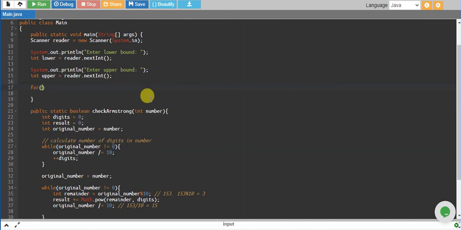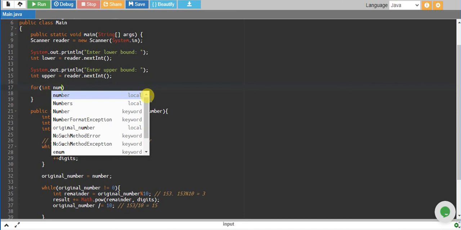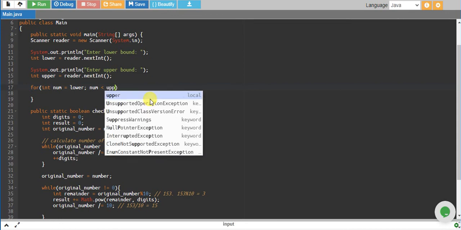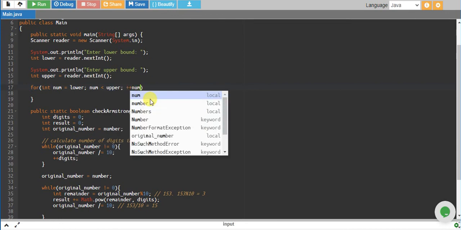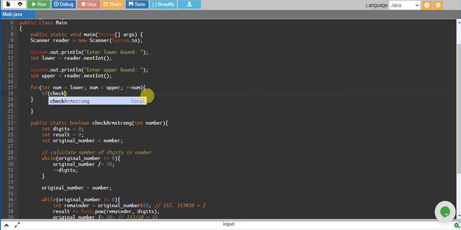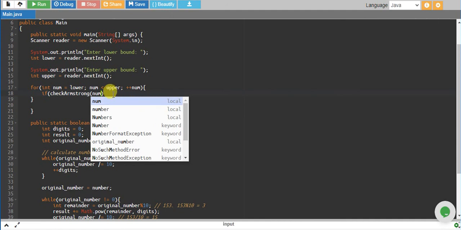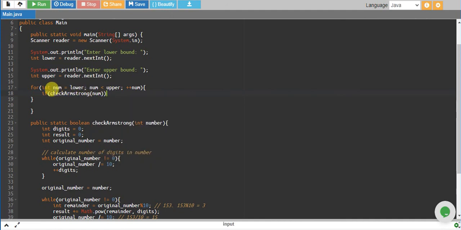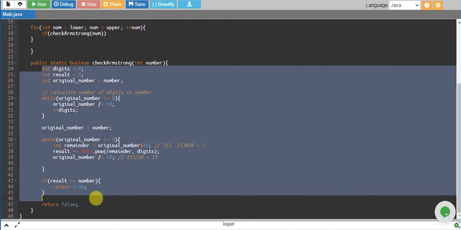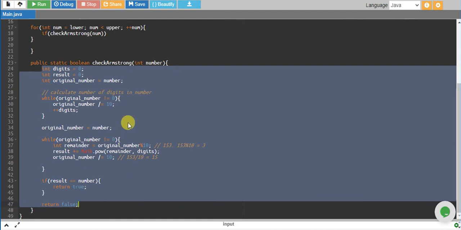So for integer num equals to lower, we'll start from lower, and while our num is less than or equal to upper, we increase it by 1. Every time we pass our number to check Armstrong, we give the number and we see if this is true. So the number will go into the check Armstrong, which will run this code, and this code will return true if it's an Armstrong number,